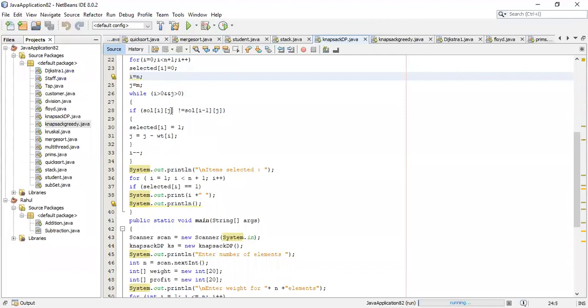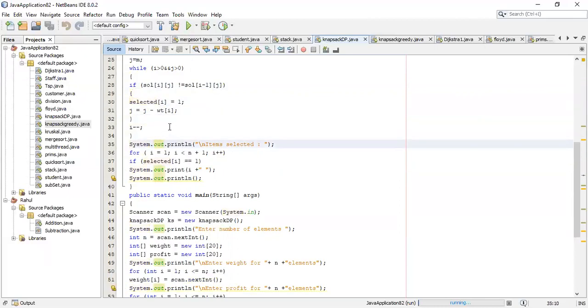Now I told you, compare that 8. See here, comparison is happening. Compare that 8 with the previous row value. Suppose it is not same, then that 8 has come from that particular row, so select that item. The item is being selected. So then what you should do, I told you, move above one row.